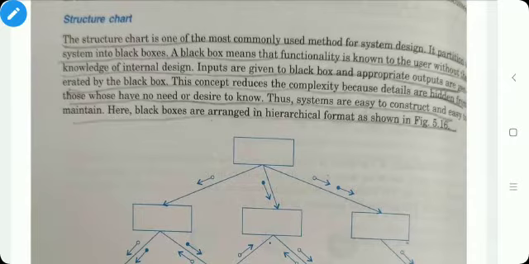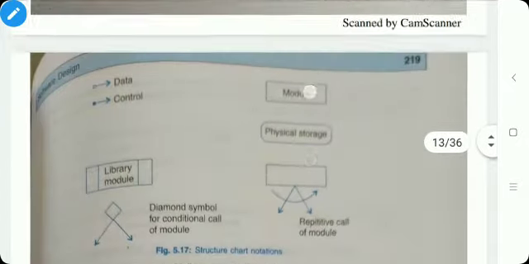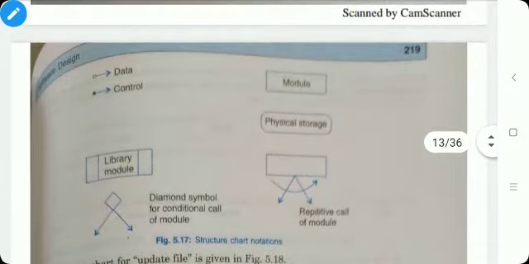So what is a black box? Black box means the internal structure of that box is not known to the user. Okay, so that is called the black box. Only the inputs are given to the black box and appropriate outputs are obtained from it. So this structure chart partitions the system into black boxes, and these are the symbols that are used in